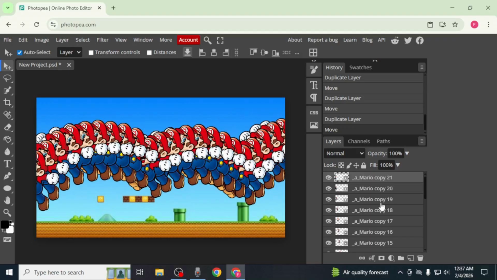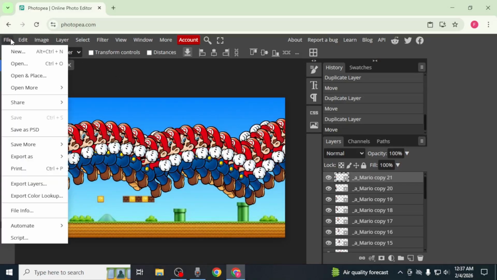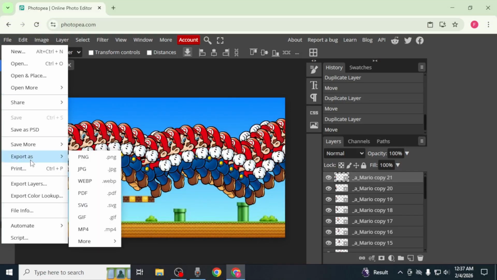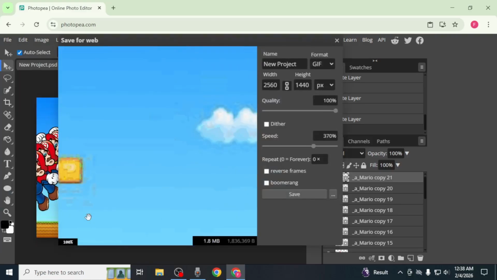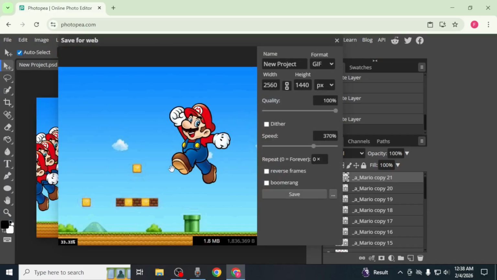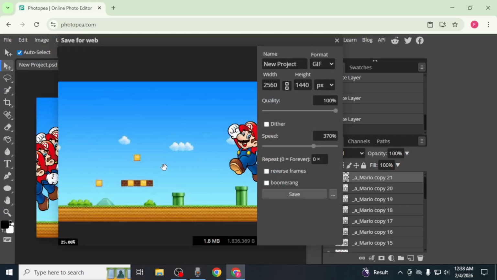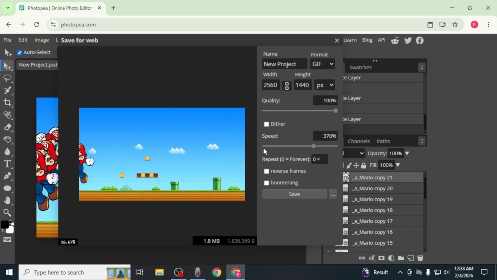Once your animation sequence is ready, go to the File option at the top left corner of your screen. Hover over Export As, and from the side menu select GIF. A preview window will open where you can see your animation playing in real time. Make sure the quality is set to 100%,